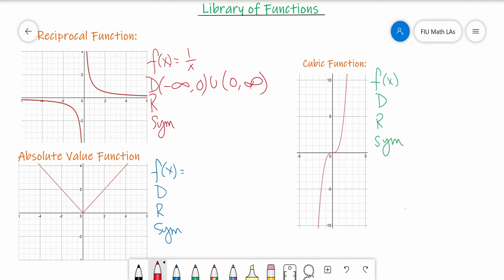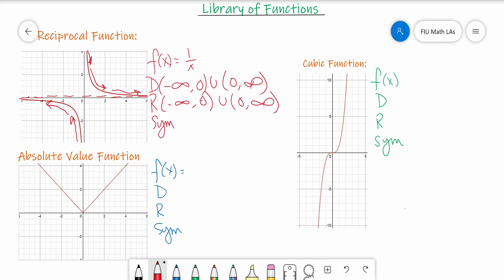The range of this function, if we look at our y values as they increase from negative infinity, so as y values come up this way, we see a trend that our y values get closer and closer and closer to 0. However, our y values never actually touch 0. Additionally, as y decreases from positive infinity, so as it comes down this way, we see the same trend that y gets closer and closer to 0, but y never actually is 0. Therefore, the range of our reciprocal function is negative infinity up to but not including 0, union 0 up to